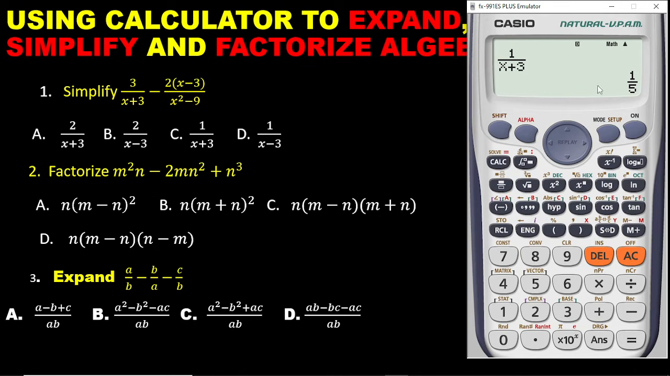Now remember, when we put 2 into the original question, we got 1 over 5. And out of these 4 options, the only one that gives us the same answer as we got in the original question is answer C. That means in the examination, the right answer for this is going to be option C,